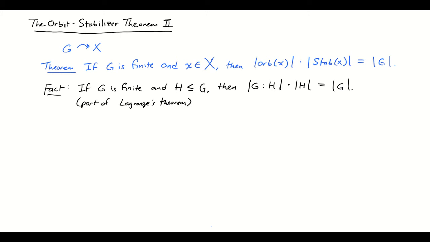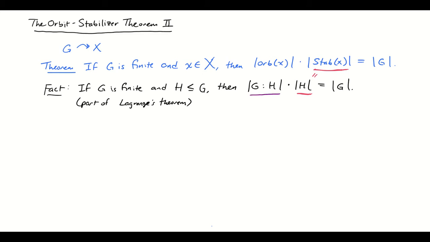So the key to our proof is that we're going to show that this H is the stabilizer of X. That is, we can think of the stabilizer of an element of our set as this subgroup. All right, there's no secret to that because we know that the stabilizer is a subgroup. So we're actually just going to call that H. We're going to define H to be the stabilizer of X. We will also show